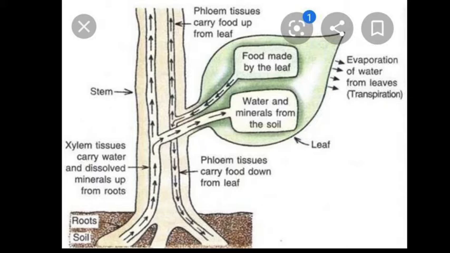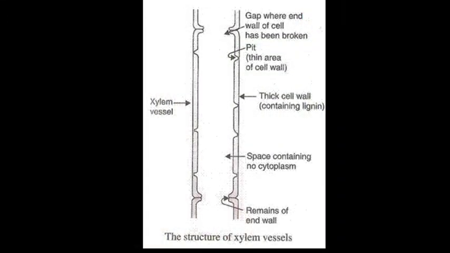In the leaf, water is used in making food by photosynthesis, and the water and minerals dissolved in it move from the root of the plant to its leaf through elements called xylem vessels or tracheids. Next we talk about the xylem vessel. This is the structure of the xylem vessel. First of all, a xylem vessel is a non-living, long, tube-like, drain-pipe-like structure made of many hollow, dead cells joined end to end, and the end walls of the cells have broken down, so an open tube is formed.